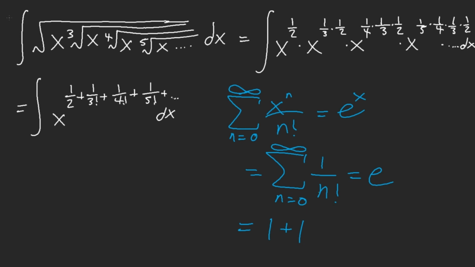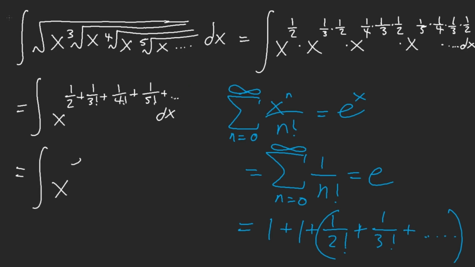Plug in 2, you get 2 factorial. And then 1 over 3 factorial, and then so on. Okay, so we only have this portion, but we don't have the 1 plus 1. So what we need to do is add 2 and then minus 2. So what this is equal to